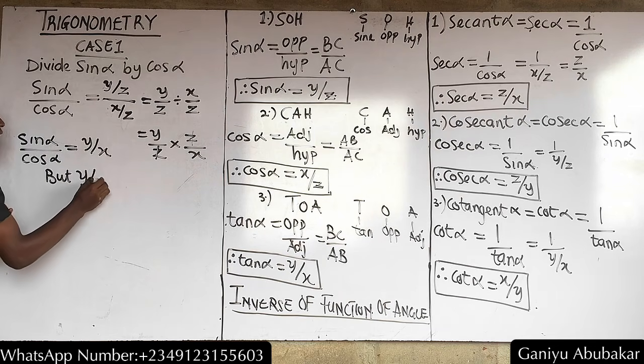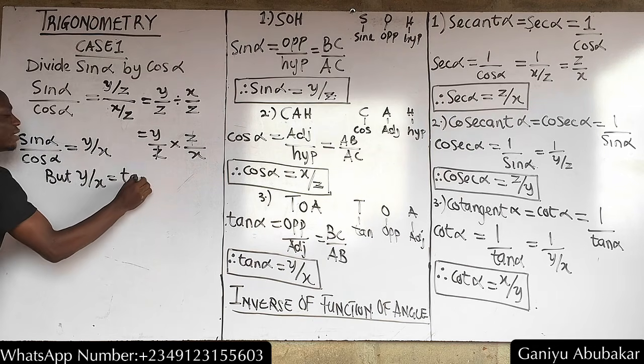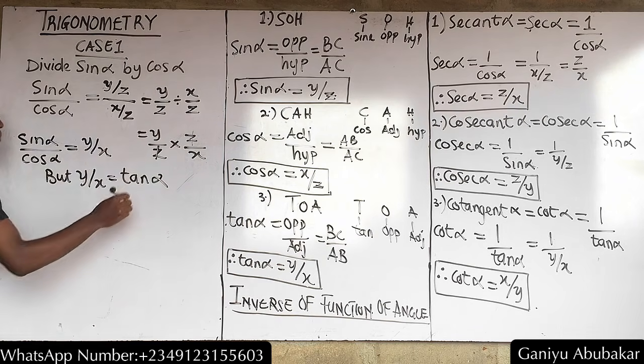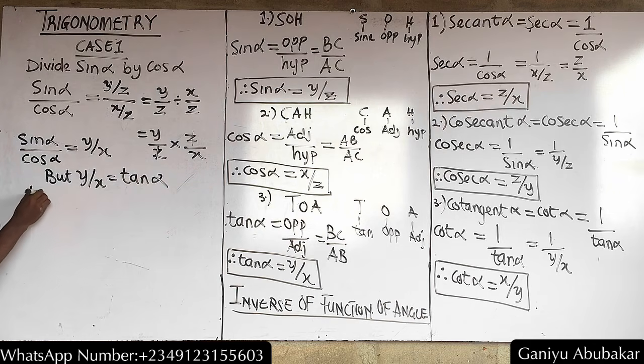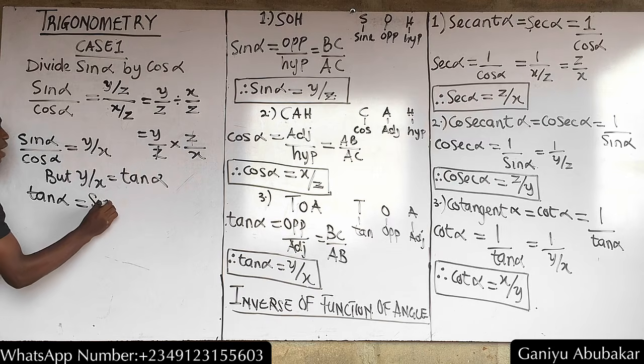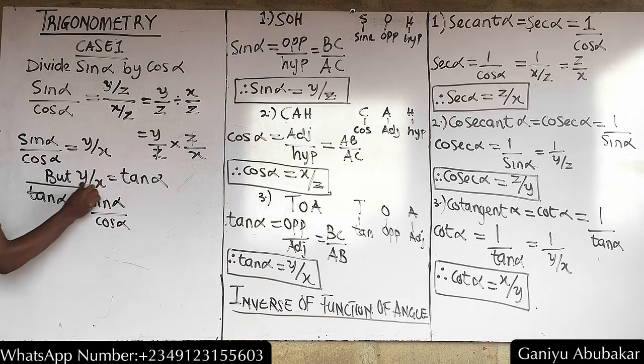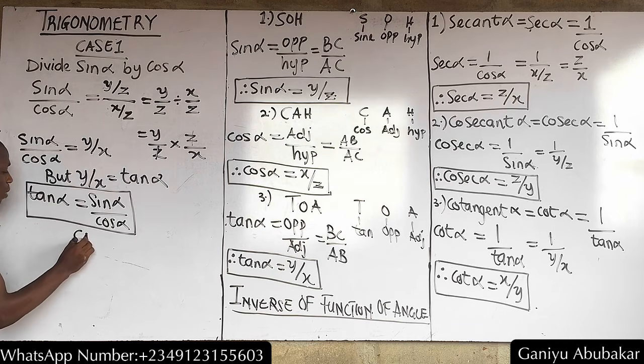But what is y over x? That's tan alpha. Check. Y over x is tan alpha. So I'm saying that tan alpha is equal to the ratio of what? Sine alpha all over cos alpha. This is for case 1. Note this mathematical expression. For case 2,